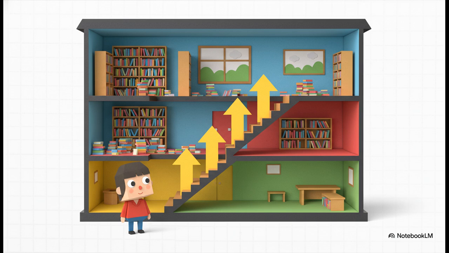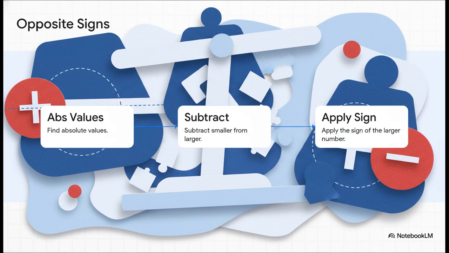Positive 2 plus positive 3 equals positive 5. She steps out onto the 5th floor. Because both numbers are moving in the exact same upward direction, their forces just combine seamlessly. Makes sense, right? Now, I know adding opposite signs can trip people up sometimes, but let's just walk through it